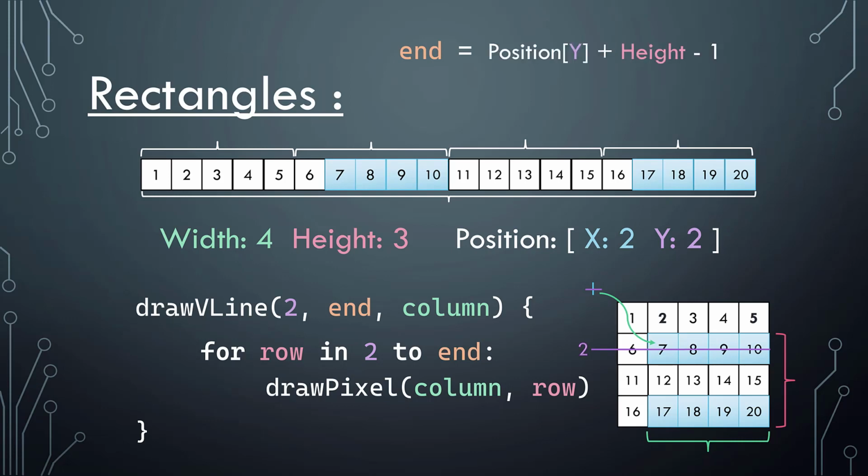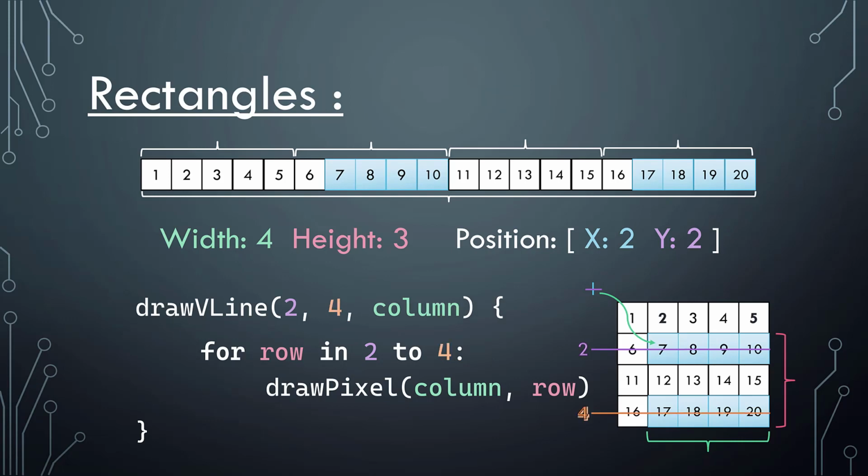End row is going to be the position y plus whatever is left, which is the height -1 again. And so our end row is 2 plus 3 minus 1, which is 4. So let's mark that and plug it in. And our column, the first column for the first vertical line that we're going to be drawing for the rectangle is going to be the left one, which is just going to be the position x, going to be 2. Let's mark that, plug it in,